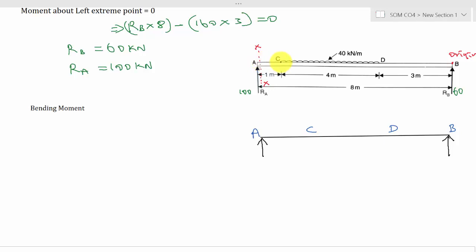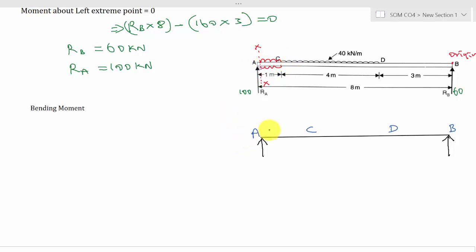So what I am going to do is add a uniformly distributed load in the up and the same magnitude of uniformly distributed load in the down. So here the 40 kilonewton per meter is acting in the downward direction and here the same 40 kilonewton per meter is acting in the upward direction. So actually it will be nullified, but for Macaulay's method the load should start from the plane XX. That is why I have considered these two uniformly distributed loads.